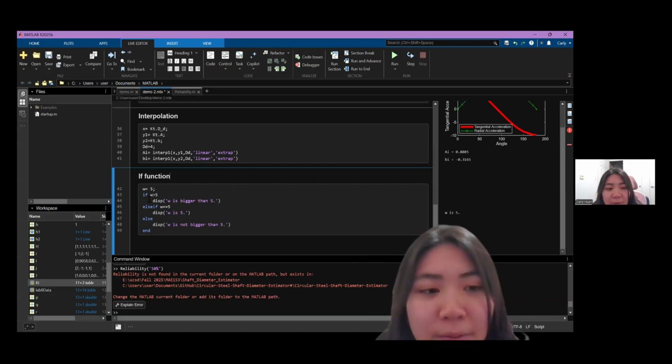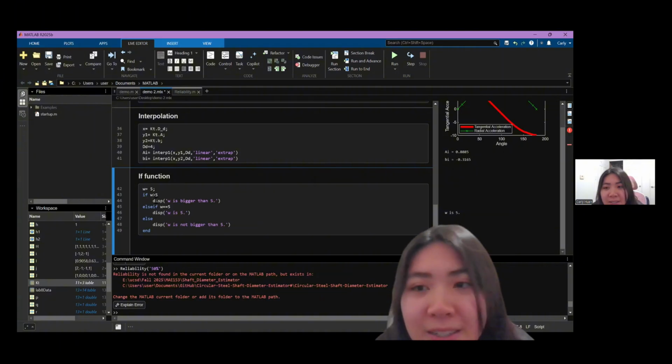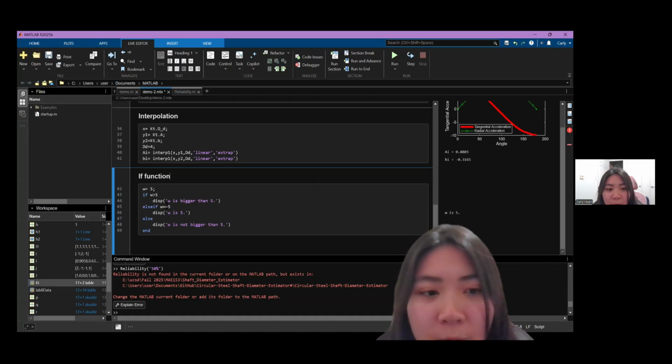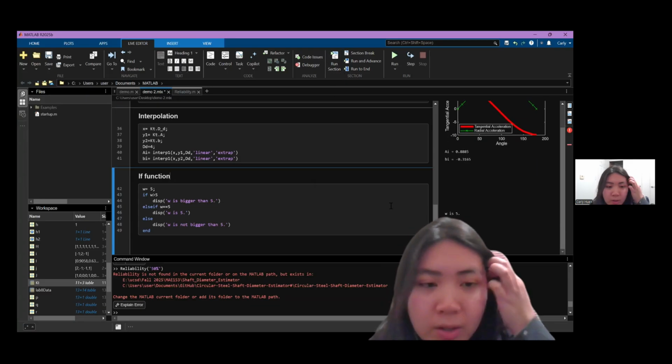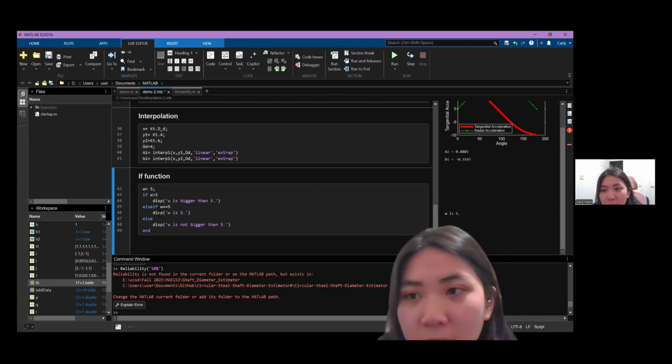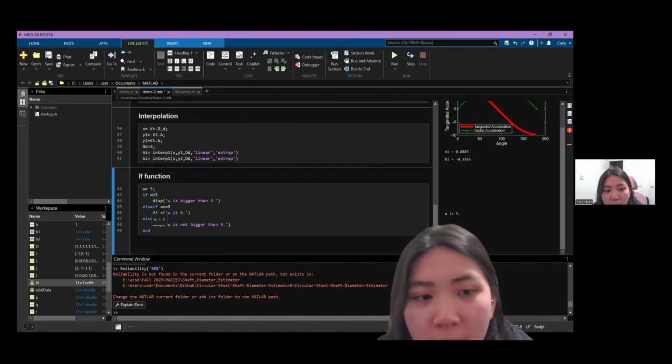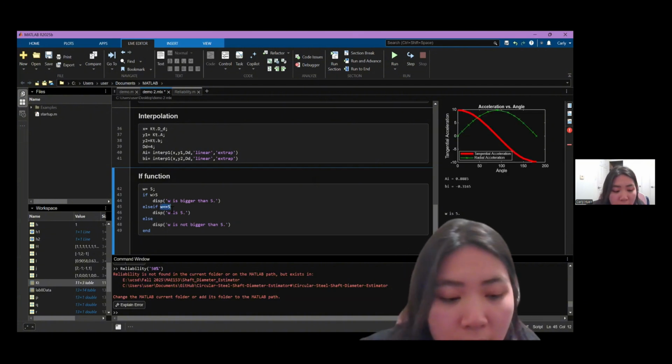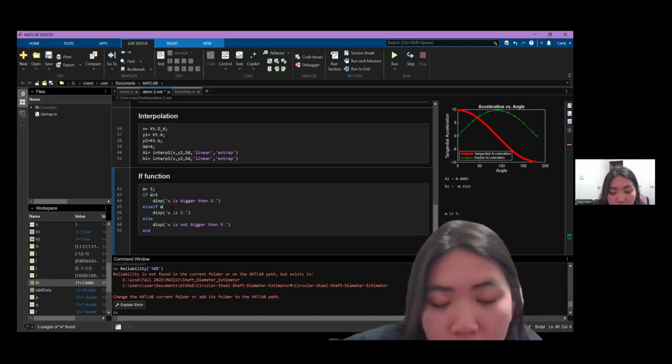I just said if W is bigger than 5, then disp, which is display, and then you open quote, the phrase, and close quote. So if you just run that, the difference between else if and else is that for your else if line, you can write another condition. It could be like W is